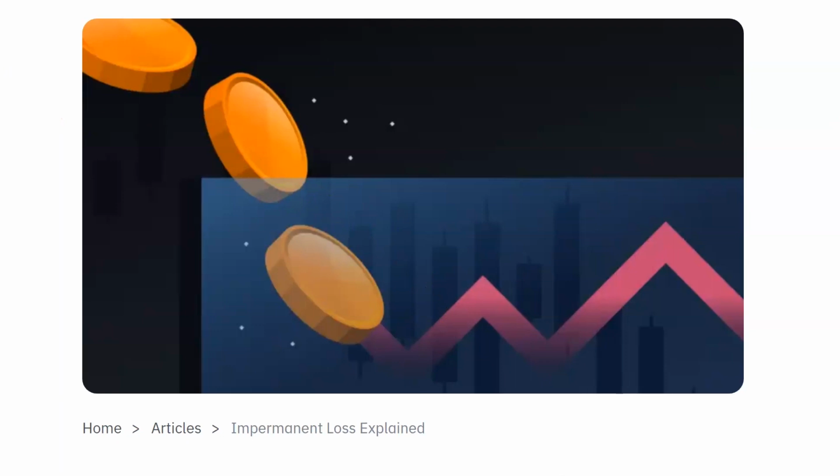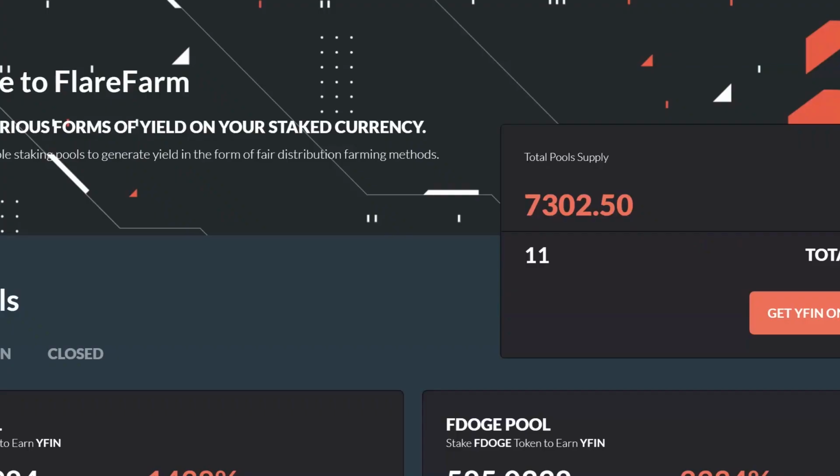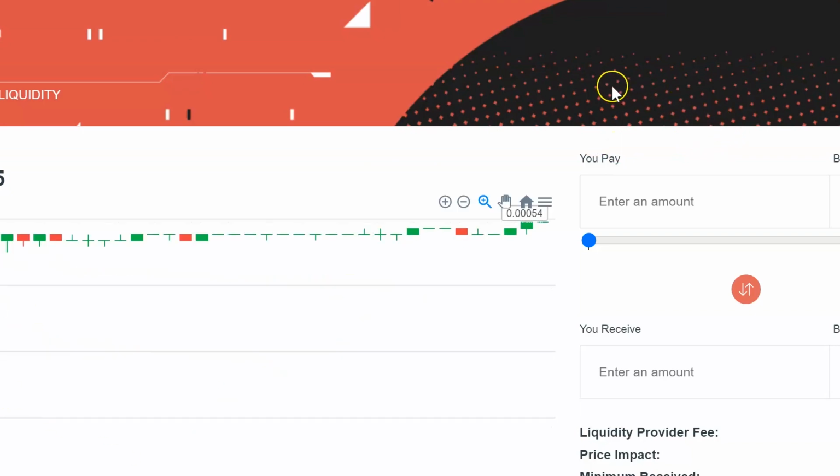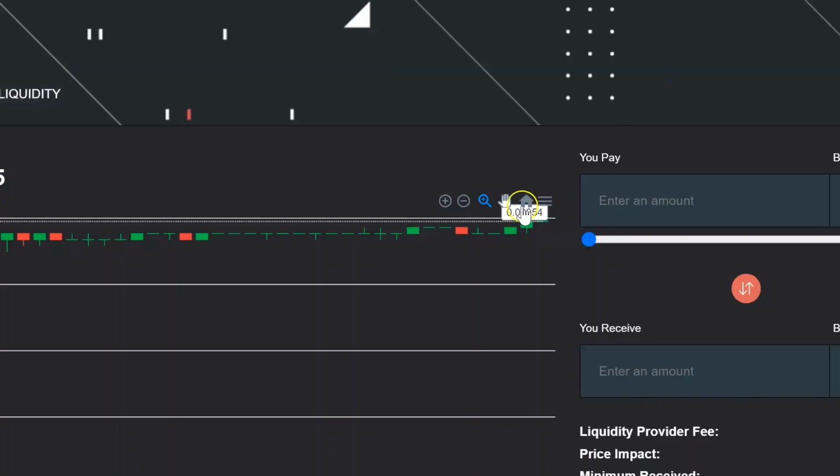All right, guys. So now that we're done here, we are going to do some Flare swapping. Now, usually I go with the dark theme, and I haven't added it to the bug submission yet. I will do it today, because here you can see all the numbers.